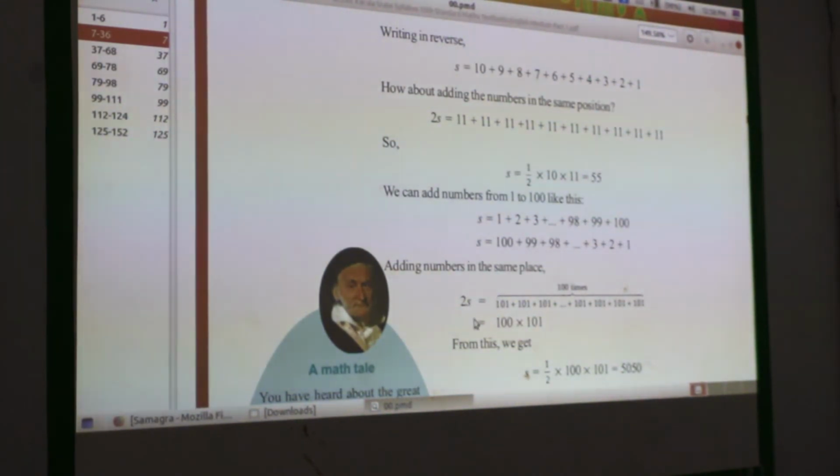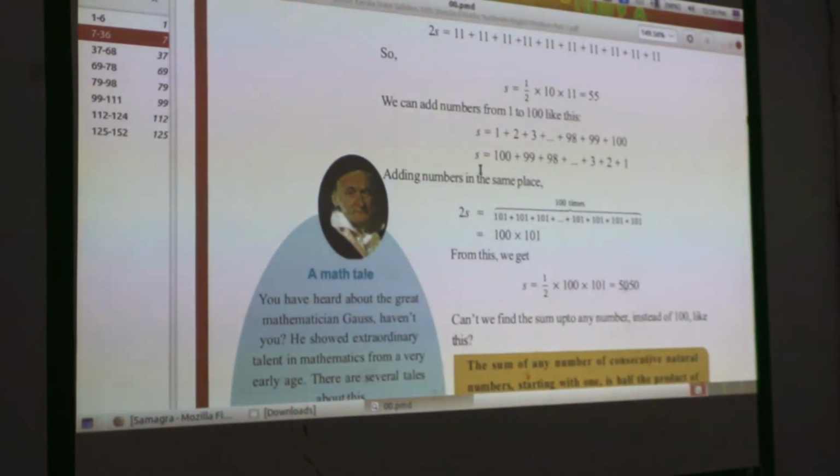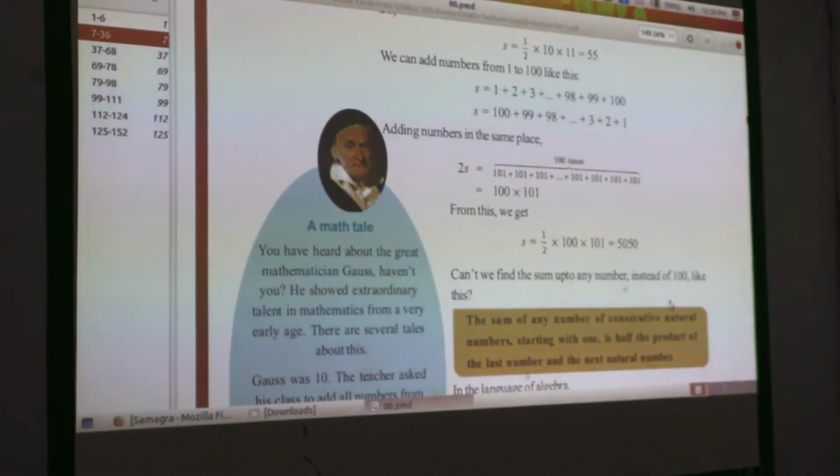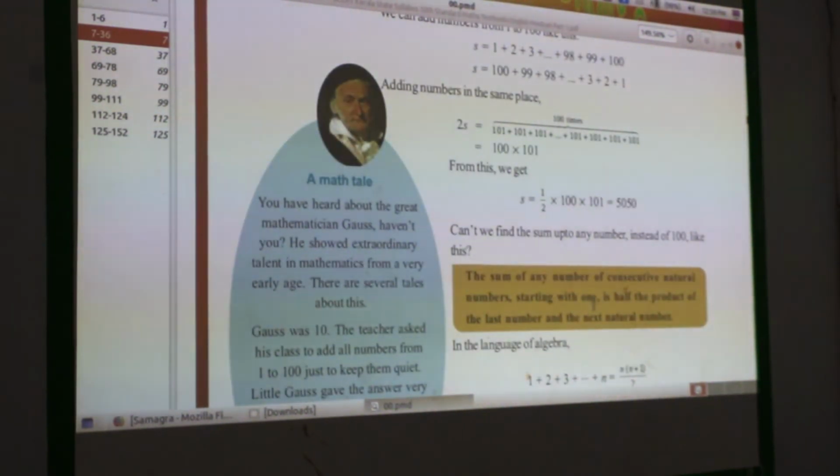Then how many 101s are there? There are 100 of them. Therefore 2S is equal to S plus S, and 2S is equal to 100 into 101. Then S is equal to half into 100 into 101, which is 5050. The general form of this is: the sum of any number of consecutive natural numbers starting with 1